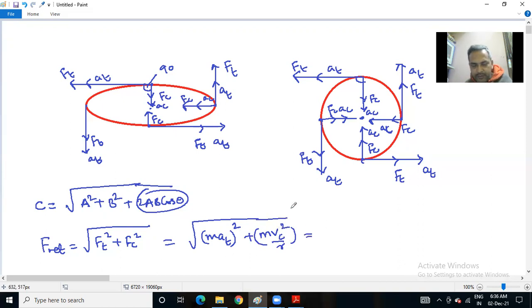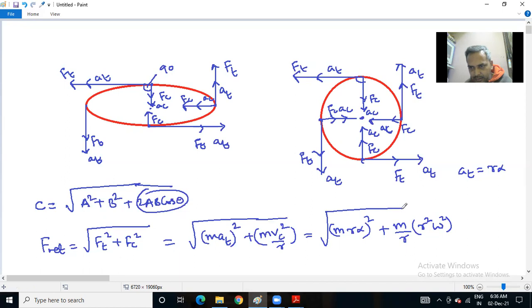Next, we can also write it as M into, the relation between tangential acceleration and angular acceleration is R alpha, whole square, plus M into, let me say R, you can write VC as r square omega square, because it is VC square, whole square, because v equals r omega. So this is the way. So you can expect a numerical maybe in this step or in this step or in this step. Now let us proceed with the numericals based on these.